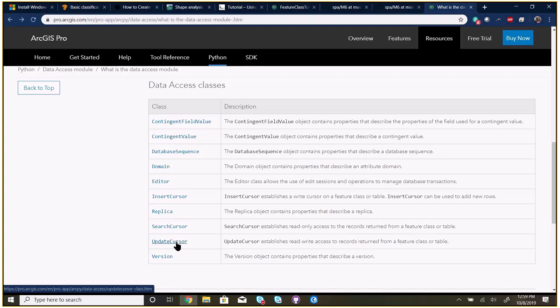Right. Exactly. So you can use these cursors, and the cursor becomes your table, and the items in that cursor are the rows in the table. So if you create an insert cursor, a search cursor, or an update cursor, it gives you something you can iterate over. You can say for